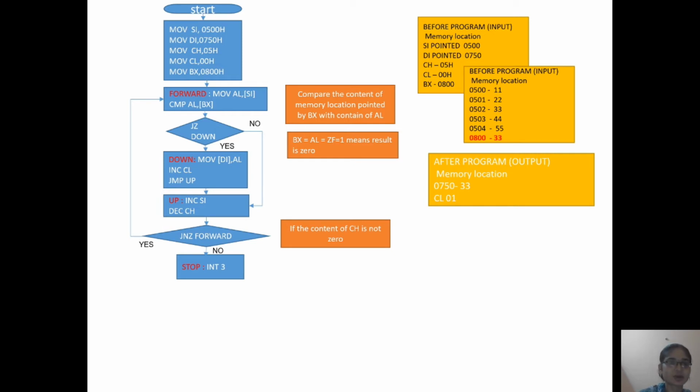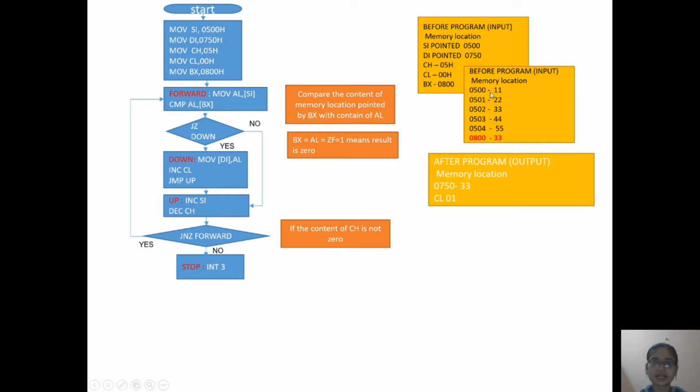In this next block we are using two instructions, MOV AL, [SI] and CMP AL, [BX]. Using this block we transfer the content of the memory location pointed to by SI to the AL register and compare the content of AL to the memory location 800.